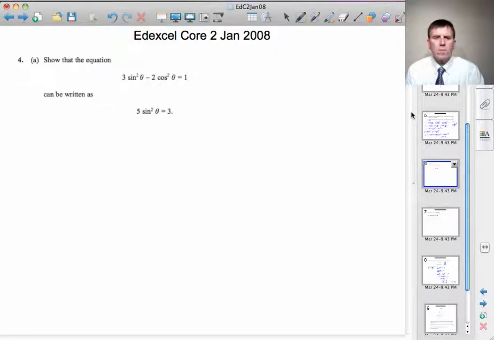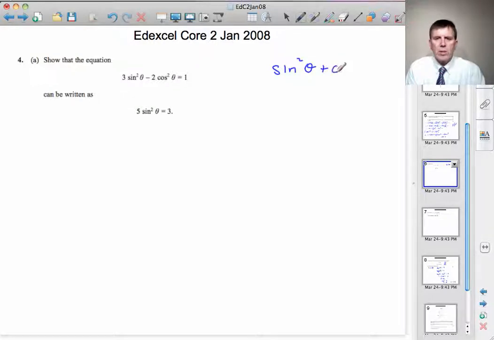Question 4. Show that the equation 3 sine squared theta minus 2 cos squared theta equals 1 can be written as 5 sine squared theta equals 3. So we want to get rid of this cos squared term and write it in terms of sine squared. So the fundamental relationship that we're going to use is that sine squared theta